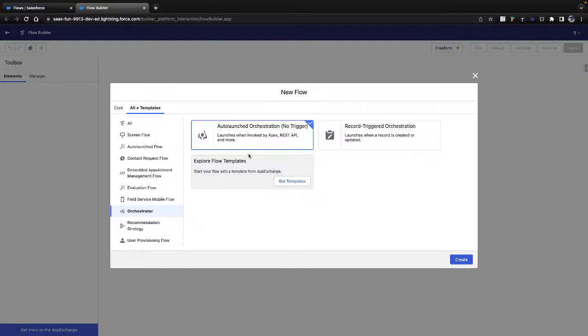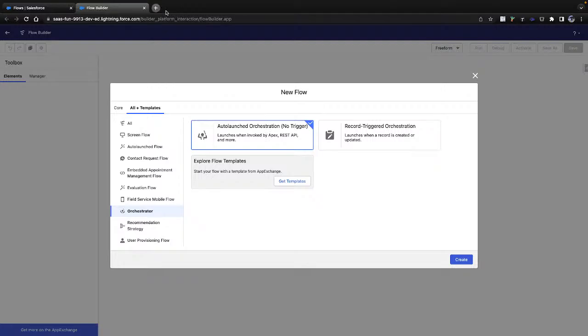It's basically URL-based or Apex-based execution. The other is the record-triggered orchestration. At a basic level, I'm going to build an auto-launched orchestration with no trigger, and see how it works.